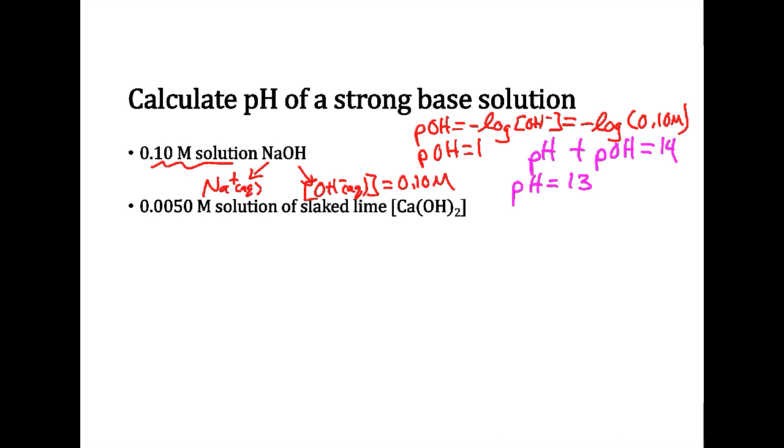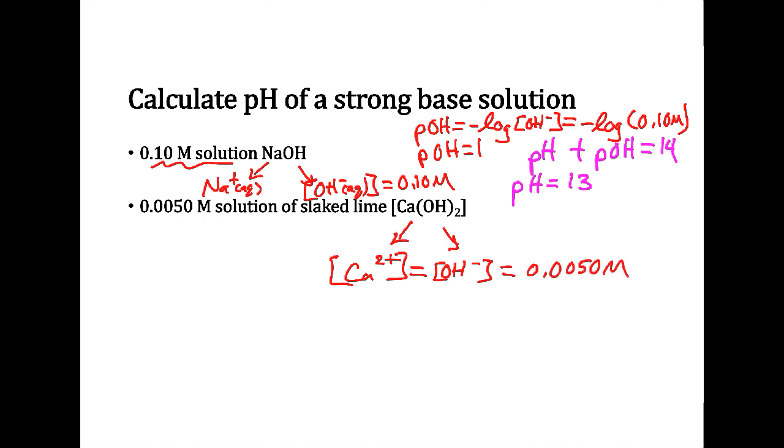The next example is one that is very easy to make a mistake on, especially on an exam whenever you're in a hurry. So here we have a 0.0050 molar solution of slaked lime, and we want to find the pH of this solution. So you're thinking, strong acid, strong base. Okay, since there's hydroxide, that must mean the concentration of Ca2+ would be equal to the concentration of OH-, and that these concentrations would be equal to the initial concentration,